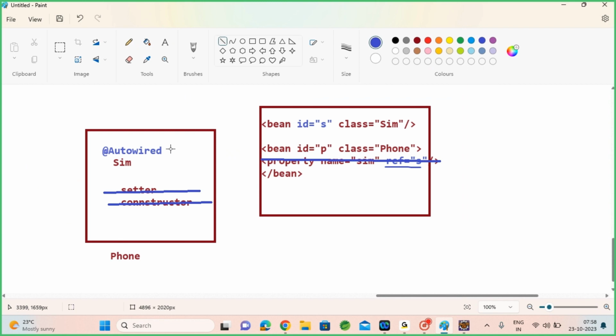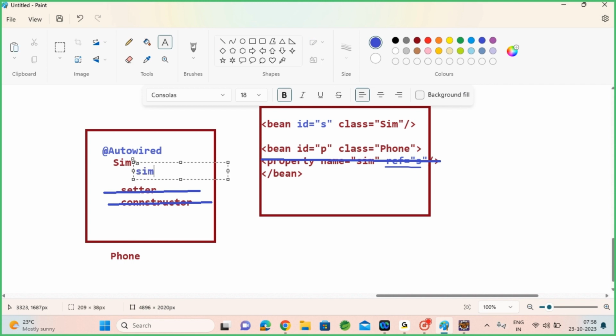Means nothing. When you use particularly secondary data types here, you need not mention their keys here. Directly the sim object, right? When the phone object is getting created,